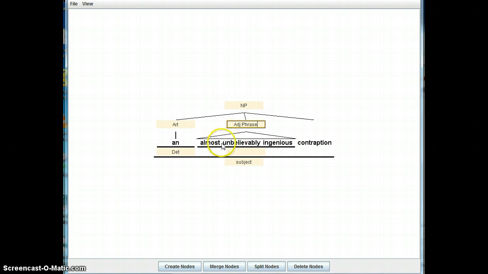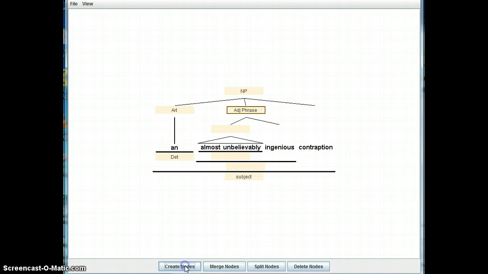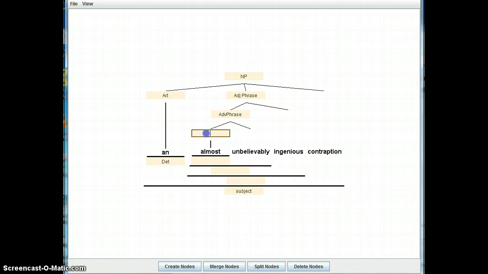And now what we're going to do is understand the internal constituents so that we can get rid of the triangle. "Almost unbelievably," we know, is a unit of two adverbs, both of which modify the adjective "ingenious." So we're going to make "almost unbelievably" an adverb phrase, where "almost" is going to be an adverb, "unbelievably" is going to be an adverb, and